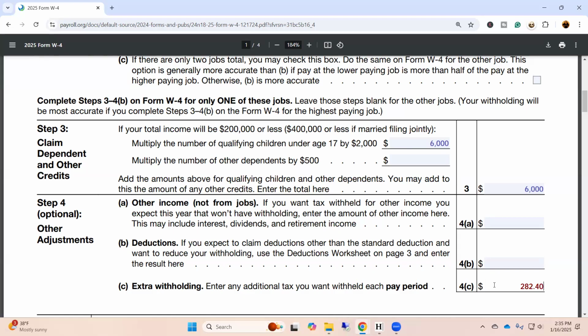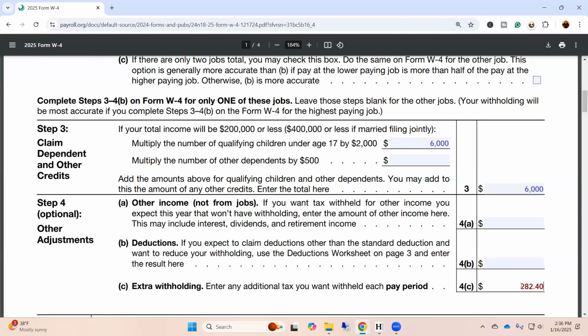It really is all up to you. The majority of people, though, have the additional money withheld from the higher paying job. But take this into consideration. We said the lower paying job is going to be